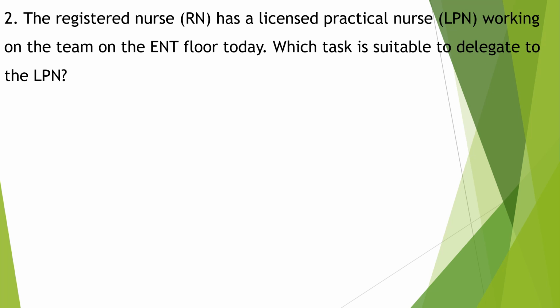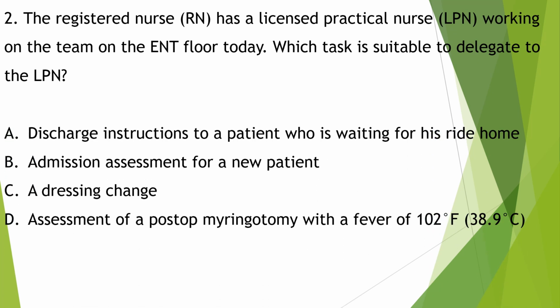The registered nurse has a licensed practical nurse working on a team on the ENT floor today. Which task is suitable to delegate to the LPN? Discharge instructions to a patient who is waiting for his ride home, admission assessment for a new patient, a dressing change, assessment of a post-operative laryngotomy with a fever of 102 degrees Fahrenheit. A dressing change is a suitable task to assign to an LPN since it does not require teaching or assessment,